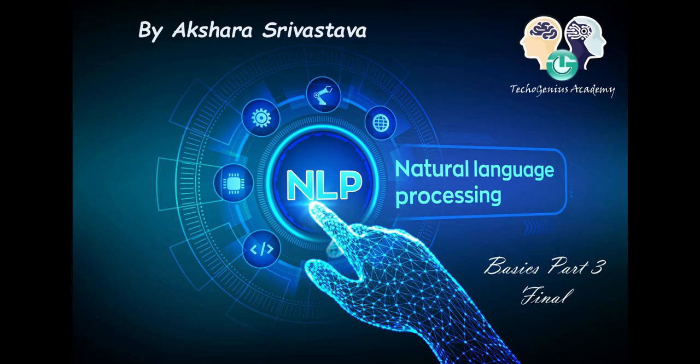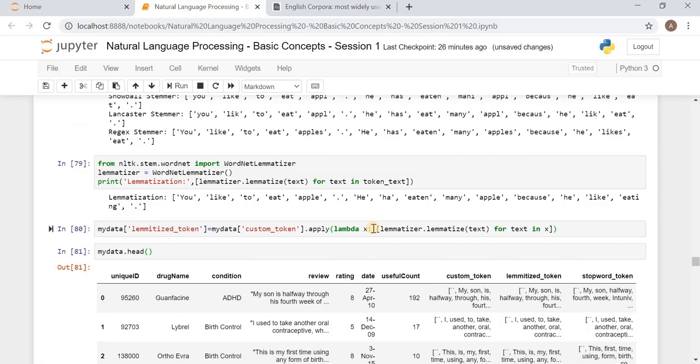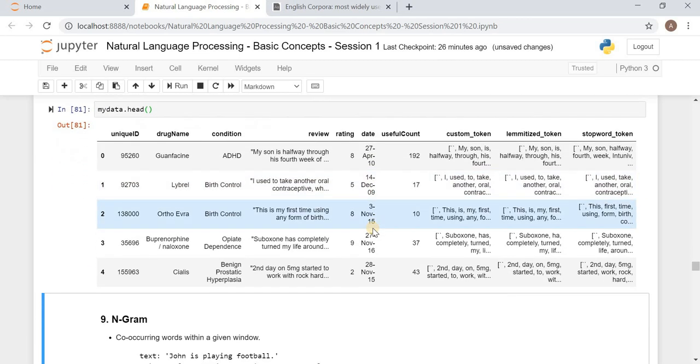Hello everyone, I am Akshara Shrivastava from Techogenius Academy. Let's continue the session of NLP basic concepts. Now let me go to the next part of it,